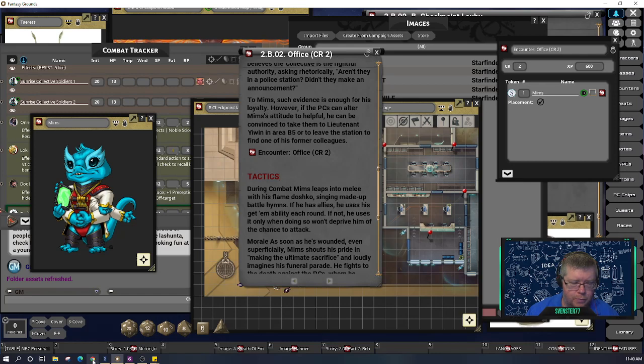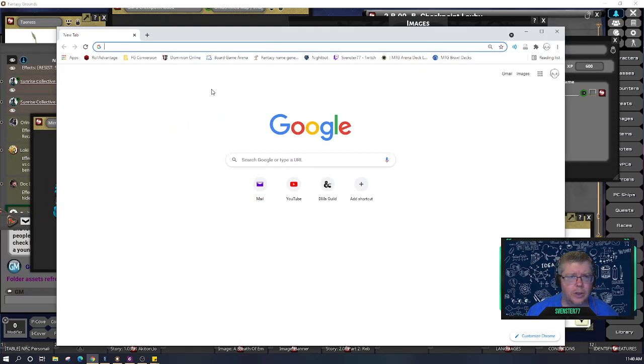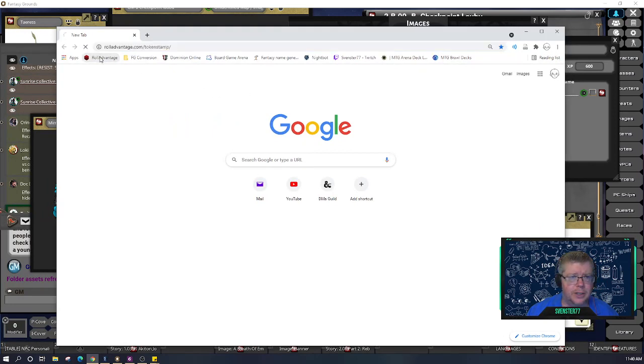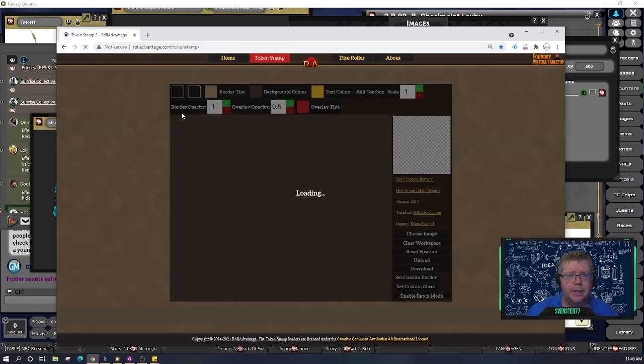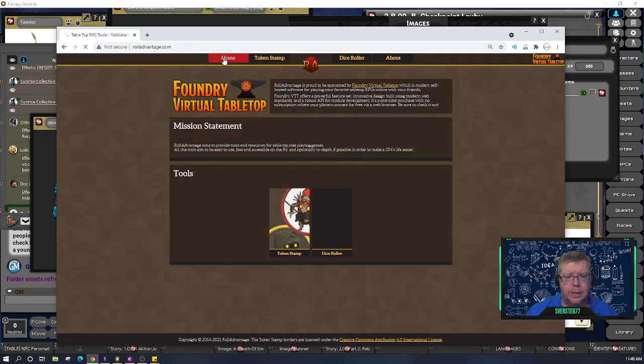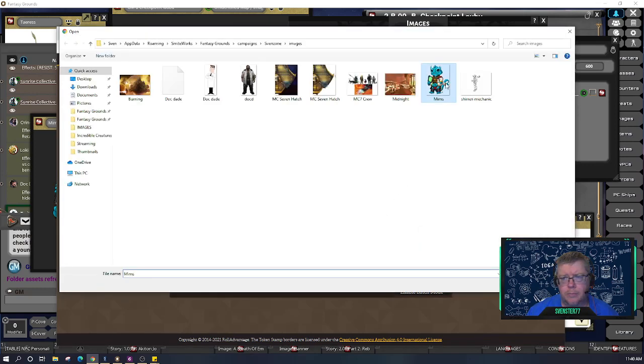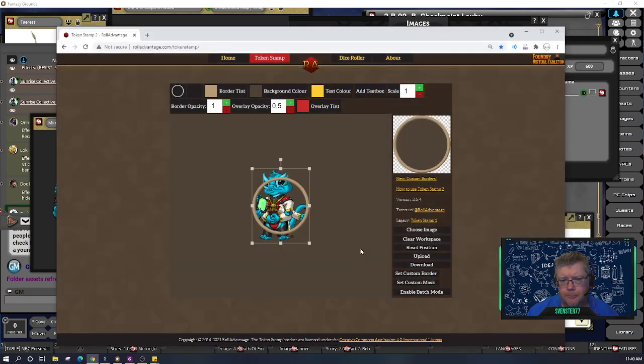Again, we go to the interwebs. This is an awesome tool. It is called rolladvantage.com, altogether one word. When you go to the home page, it takes you here. You just click on token stamp, choose your image, and then